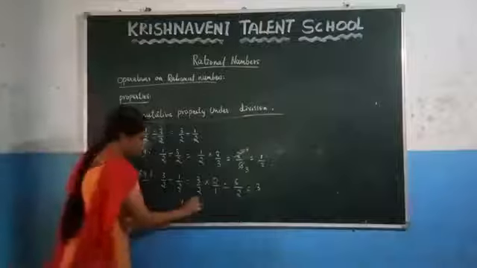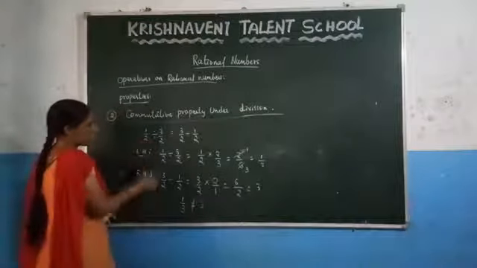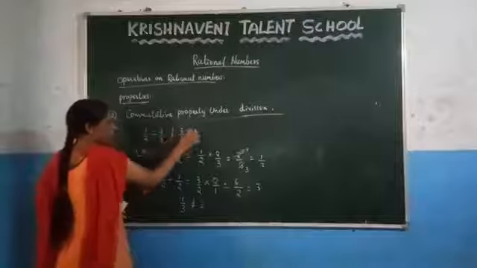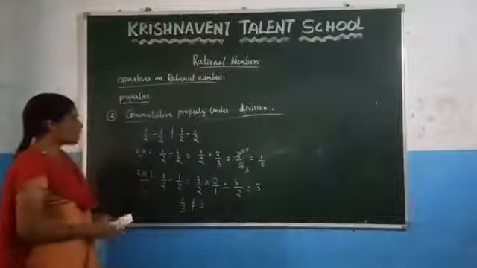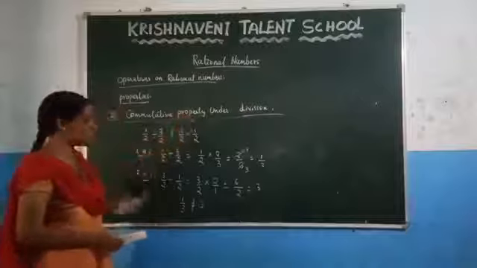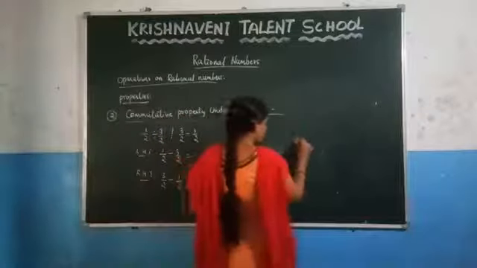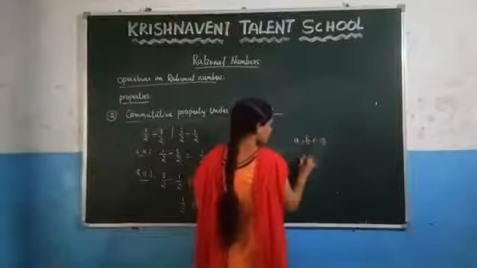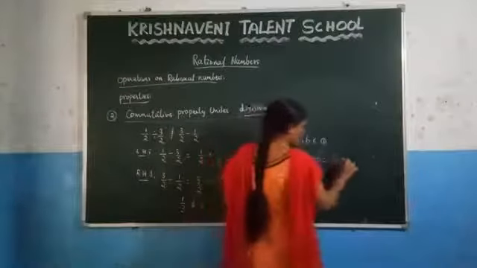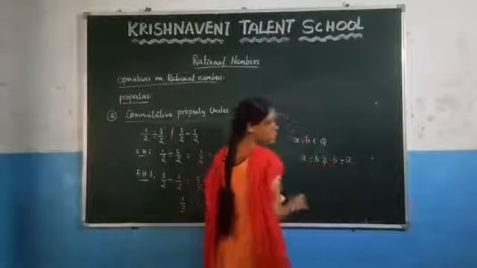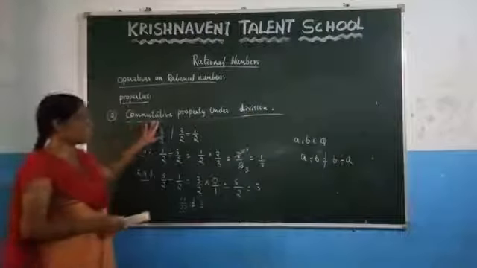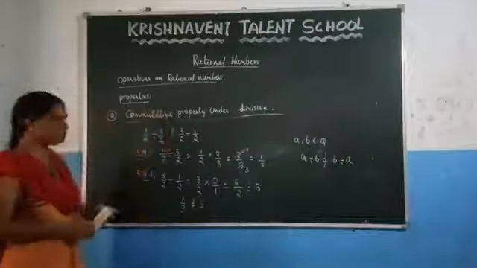No, it is not equal. So from this, what we can observe here, 1 by 2 divided by 3 by 2 is not equal to 3 by 2 divided by 1 by 2. From this, what we can conclude, commutative property does not hold under division in rational numbers. So if you consider any two rational numbers, if you divide those rational numbers, after changing the order, you are not getting the result as same. So here from this we can conclude that the commutative property does not hold under division.